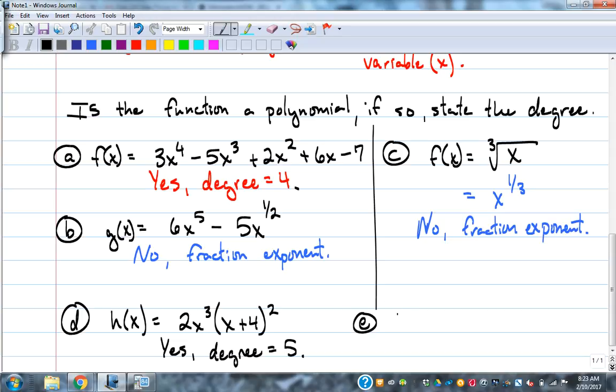Let's do another one of those just to make sure we understand that. So let's say we had 1/5 x to the 8th, parentheses, x squared minus 4, to the 3rd. Is that a polynomial? What about that 1/5? Why is it okay? It's not an exponent. That's right. So that 1/5 is okay. It's not an exponent. So yes, and the degree